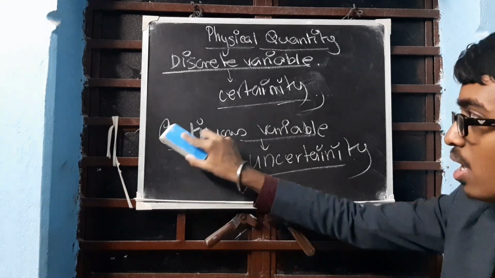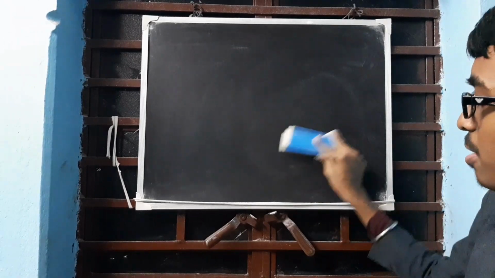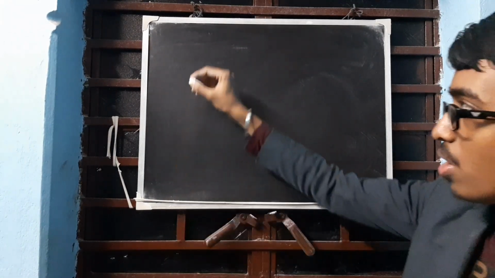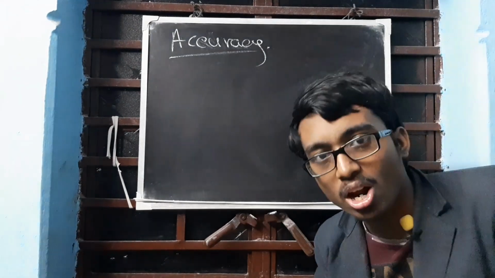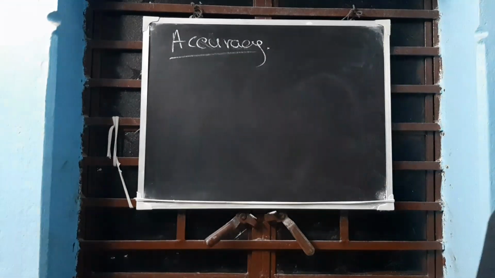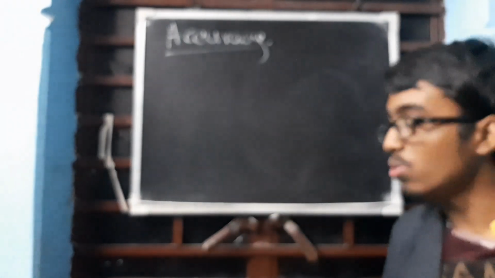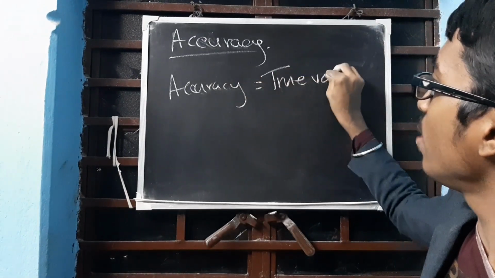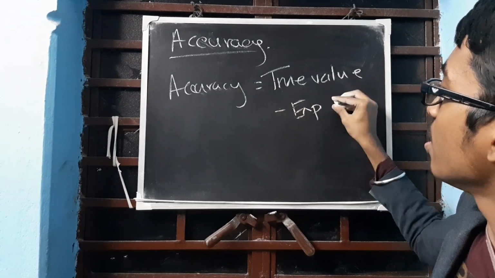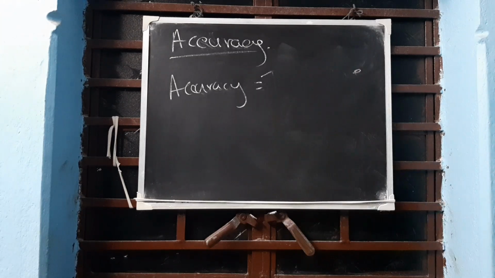What are these two? You already have come across the terms accuracy and precision in your life. Precision you might not have come across, but accuracy definitely you have. Accuracy means how close is your experimental value to the true value. Accuracy is how close my experimental value is to the true value. So accuracy you can find out by true value minus experimental value. Oh, sorry, reverse. Experimental value